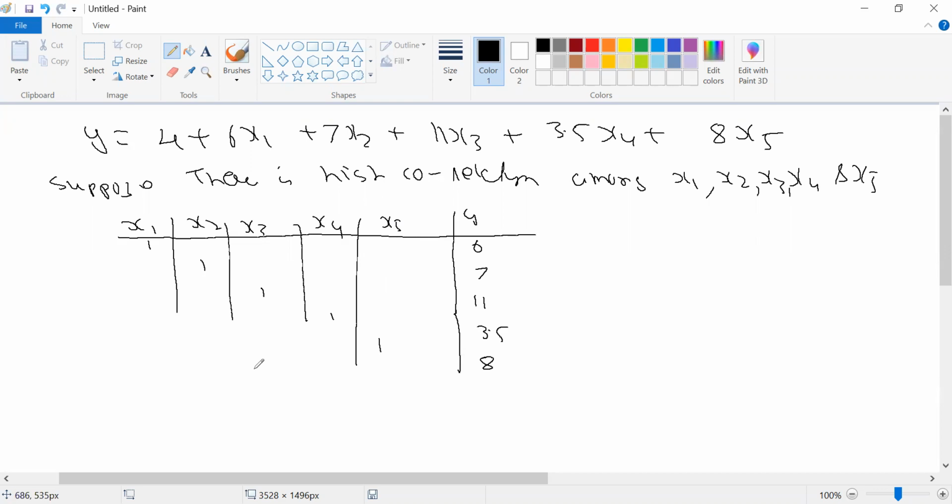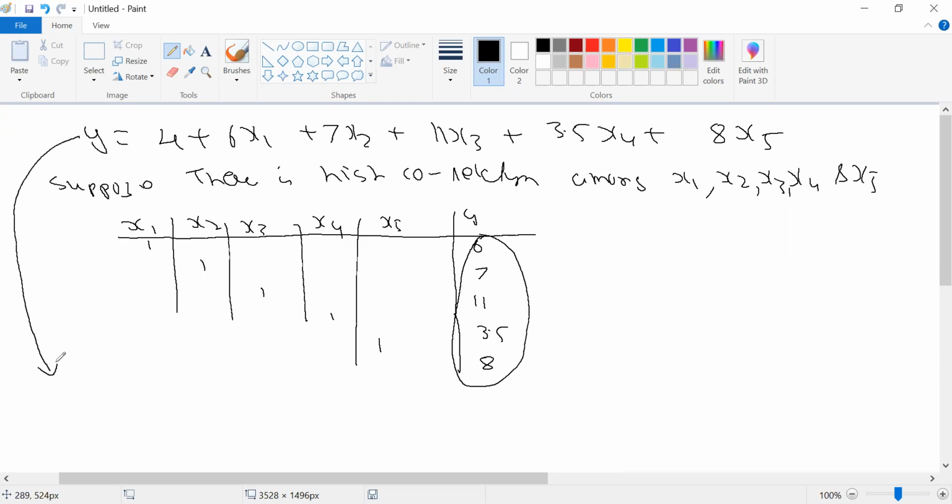So basically what will happen is that your change in y may not be only 5 units or 6 units. Change in your y may be a combined effect of all these numbers. ठीक है ना, एक multiplier effect लग जाएगा. So if there is a strong correlation between your x1, x2, x3, x4, x5, then change in one x variable results in a large change in your y variable.